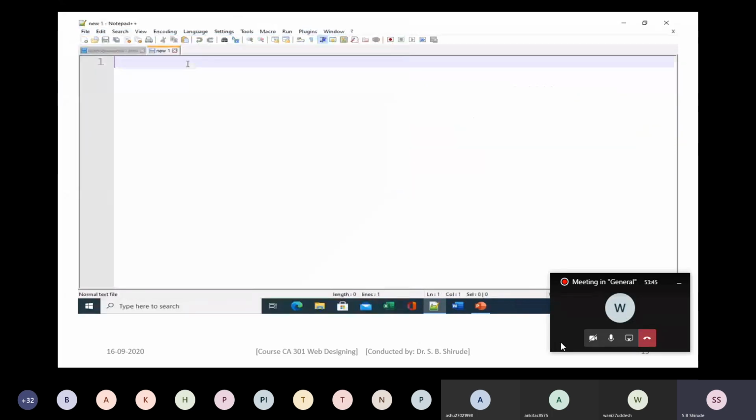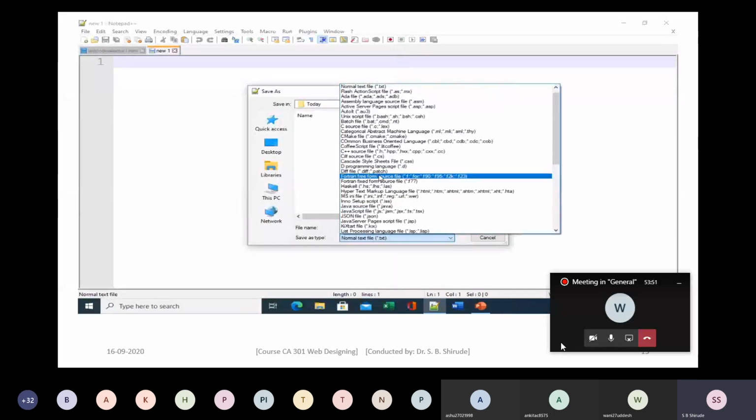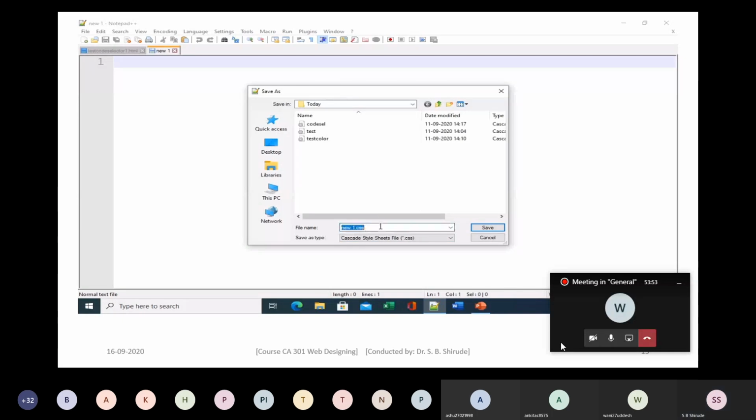In the CSS, I will refer to the div section by ID. So the ID is hash main. First of all, save the file as code sel1.css, and see here, refer hash main and then descendant. Li is the descendant of div.